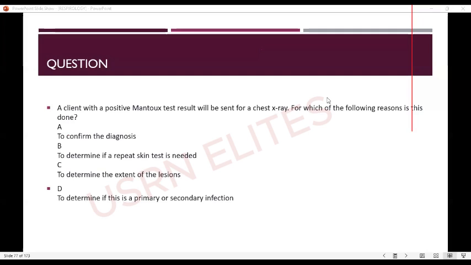A, to confirm; B, to determine if a repeat skin test is needed; C, to determine the extent of the lesions; and D, to determine if this is a primary or secondary infection. Those speaking A,